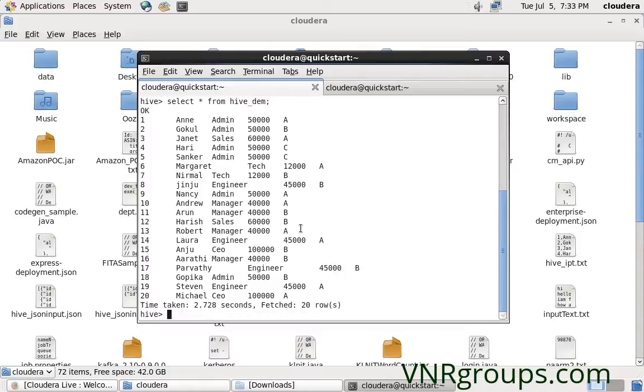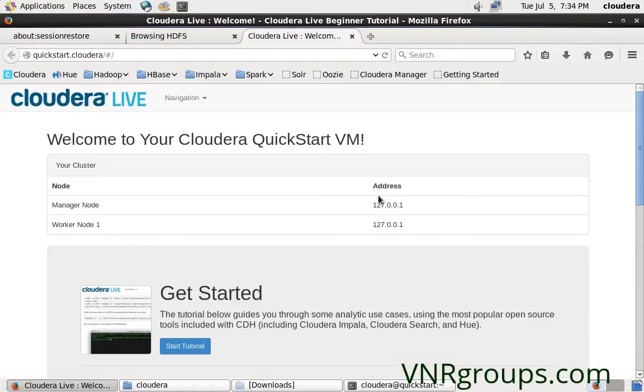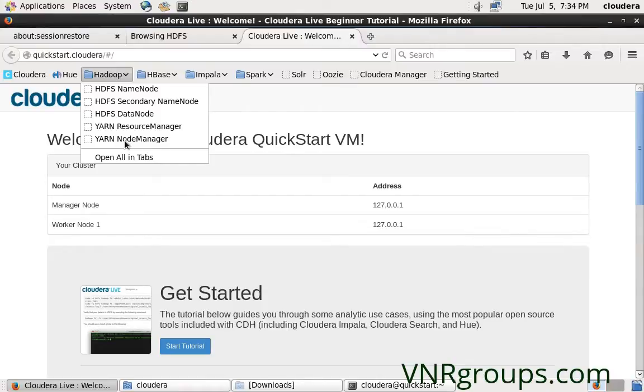See, logically it is representing the data as a table. Physically, it is getting stored as a file only. Let me show you here. Let's look into the graphical user interface of HDFS. Stored as a text file. So the table data is getting stored as a file only. Any data, see, HDFS stores the data in terms of files. That's it.